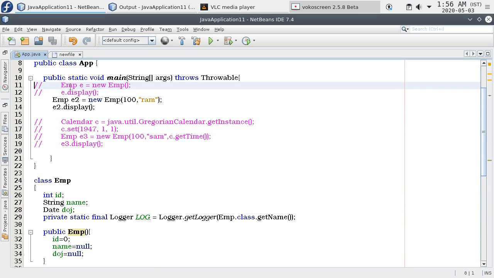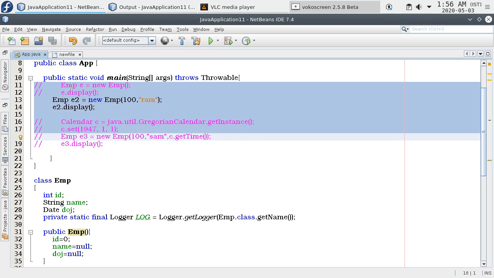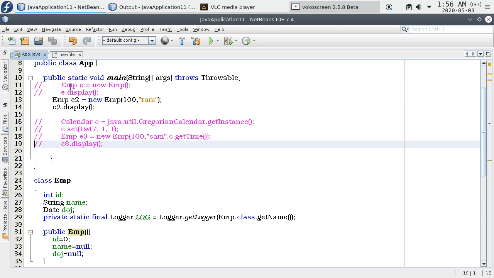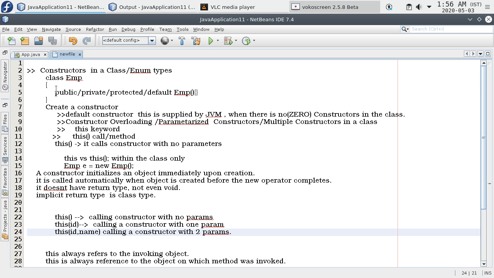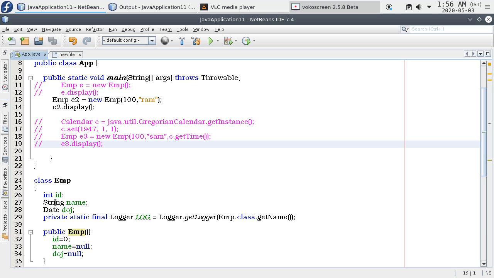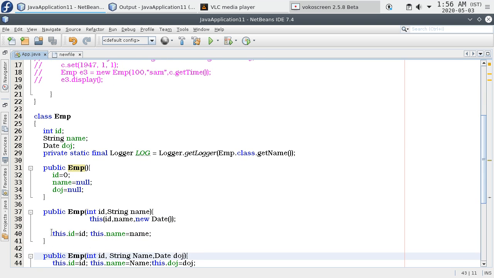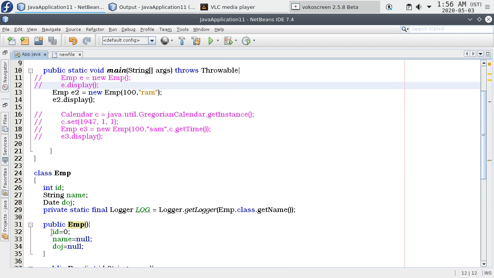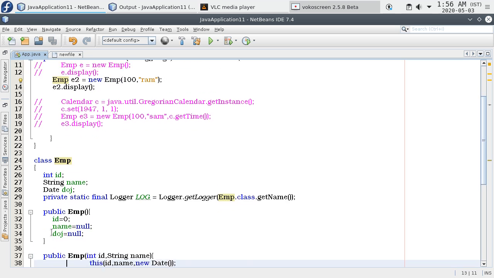How to create an object. Also we discussed there are 4 access modifiers: public, private, protected, default. If you specify it as public, then only you can create an object of this, otherwise it throws an error.